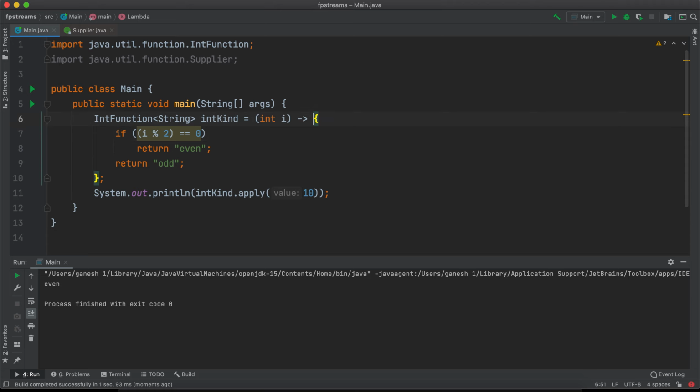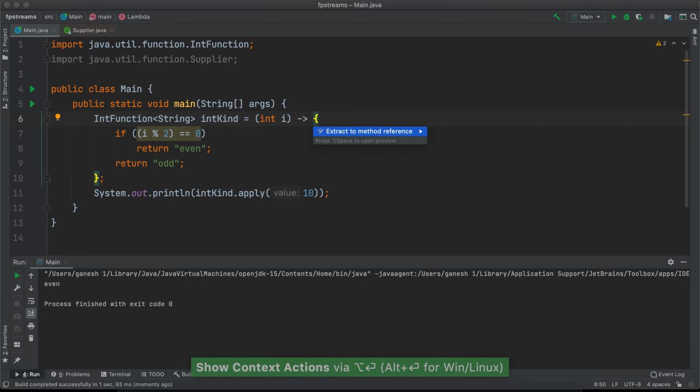So when a simple return is there, some simple code which is one single statement, then you can put it in an expression lambda. But if it is more than that, then you have to put it in a block lambda. Now since this code has become a little bit more elaborate than the one we started with, which is a conditional expression,